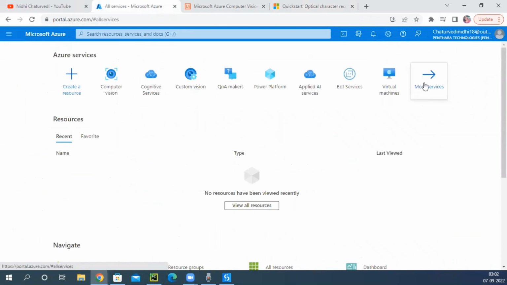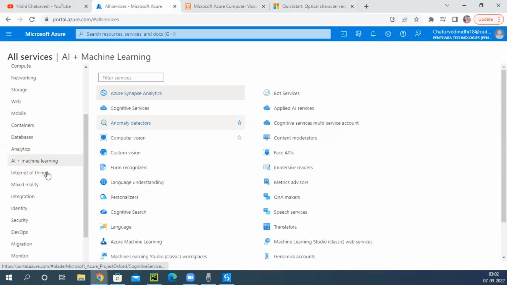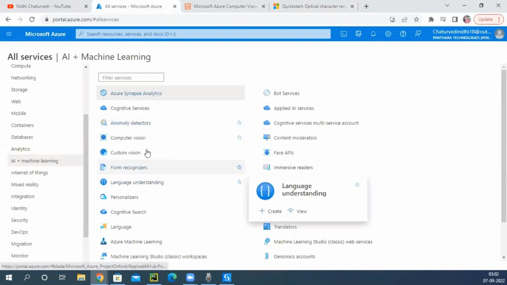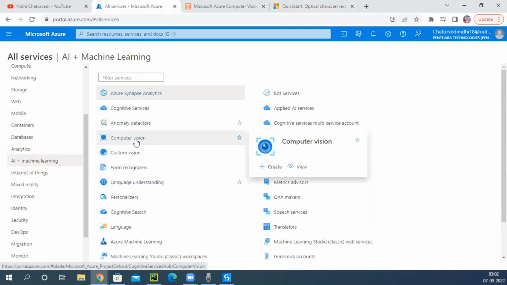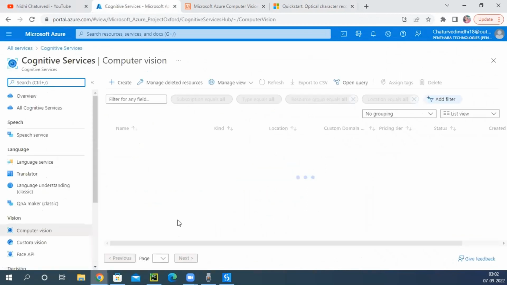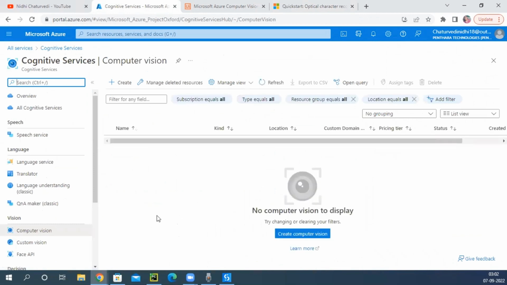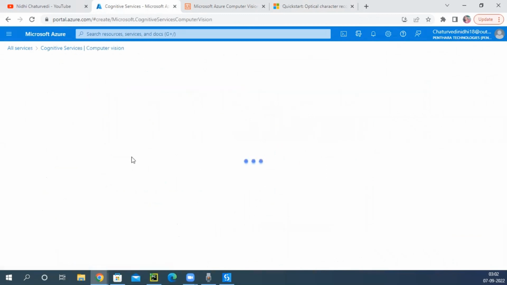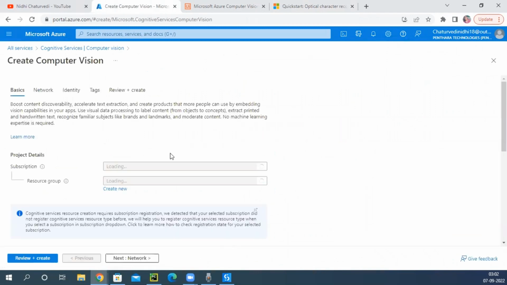So let's go to more services, and under the AI and machine learning category, you will see the computer vision resource, right? Just click on this and you will see a create button right here, or you can also use this one. So once you click on this create button, you just need to fill the mandatory fields here